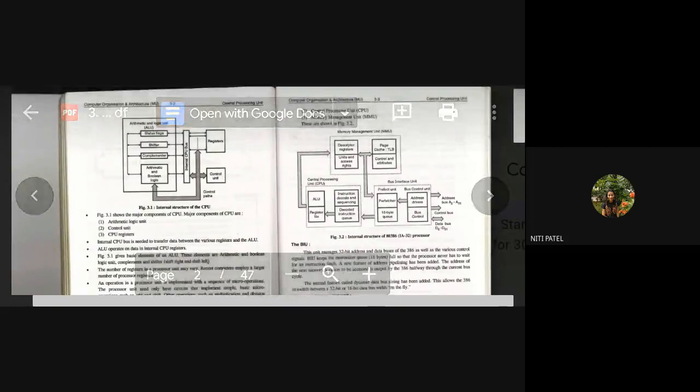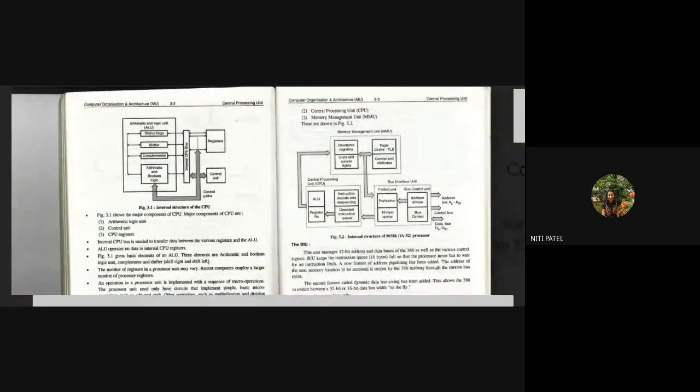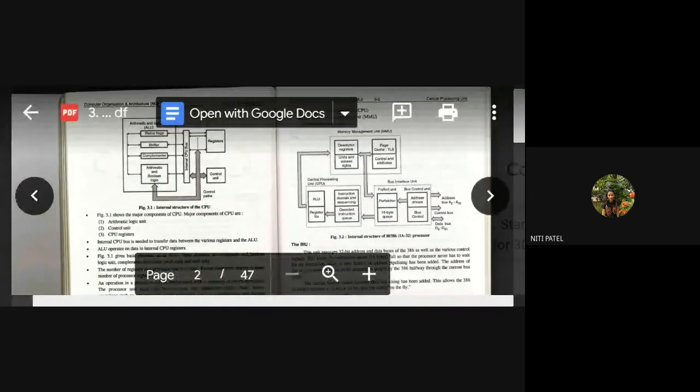Now if you see the bus interface unit, there are 2 buses, the address bus and the data bus. It also has a control bus. All the 3 buses together make a system bus. Can you see the data bus written as D0 to D31? That means it is 32. If you count from 0 to 31, how many bits is that? 32 bits. So the size of the data bus is 32 bits, D0 to D31.